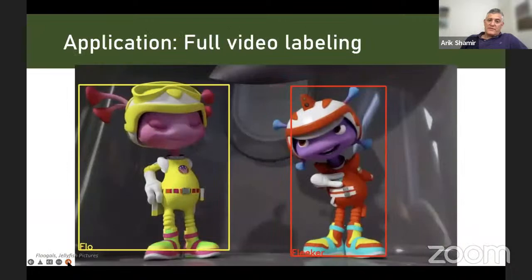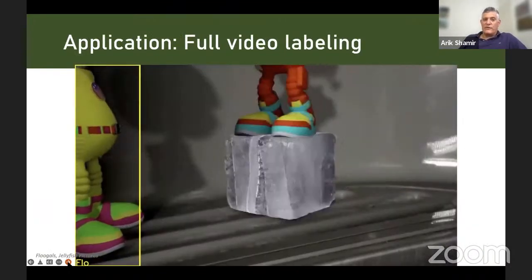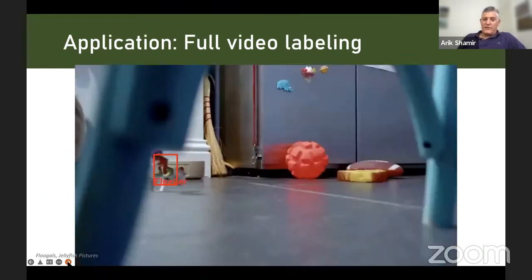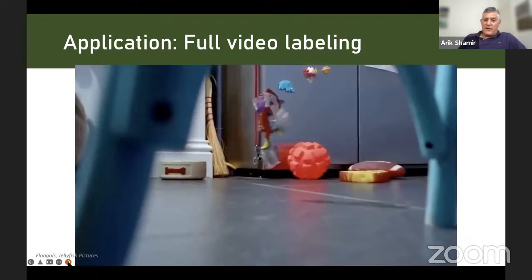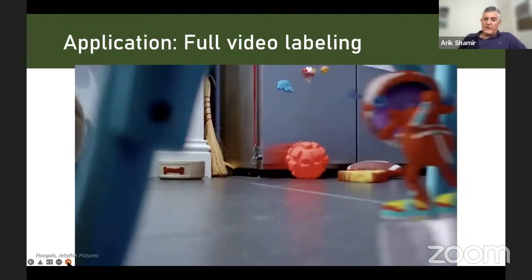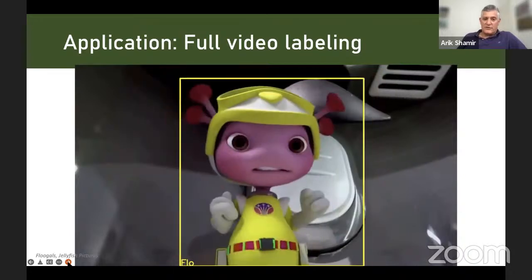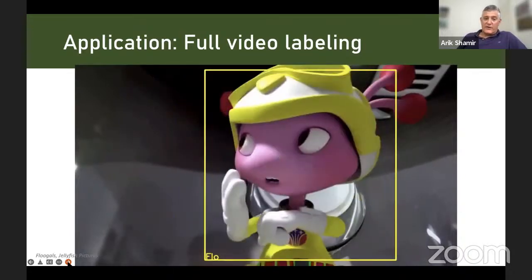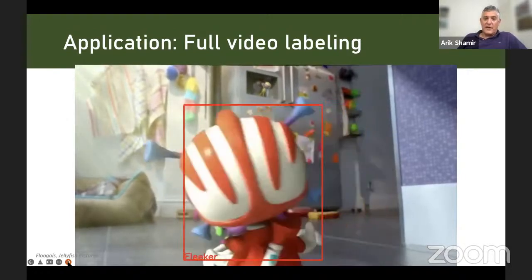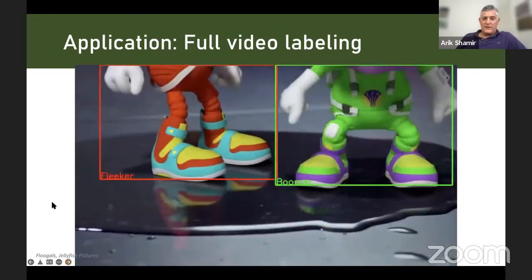Lastly, we can use this type of algorithm to track different characters over the whole movie, because we can detect them throughout every frame. Notice this tracking algorithm doesn't actually use any tracking or temporal coherency. We only detected the characters separately in each frame, and still it gives us very good results for tracking non-humanoid characters as well as humanoid characters. In the future, obviously, we can incorporate this in a tracking algorithm.